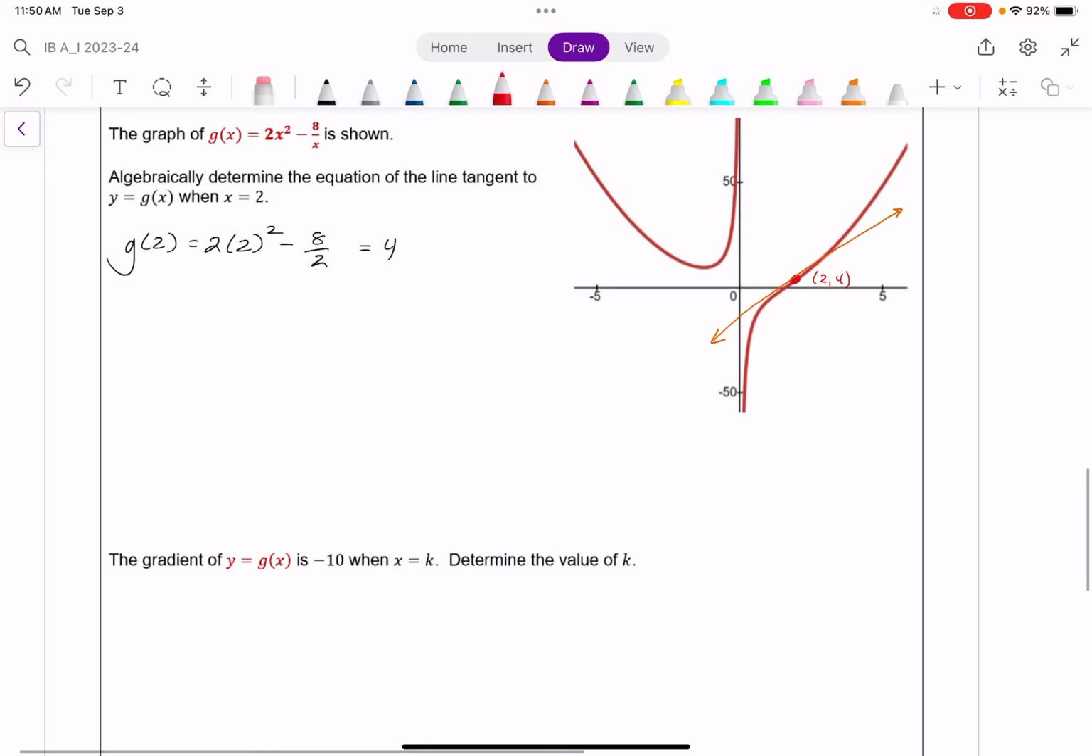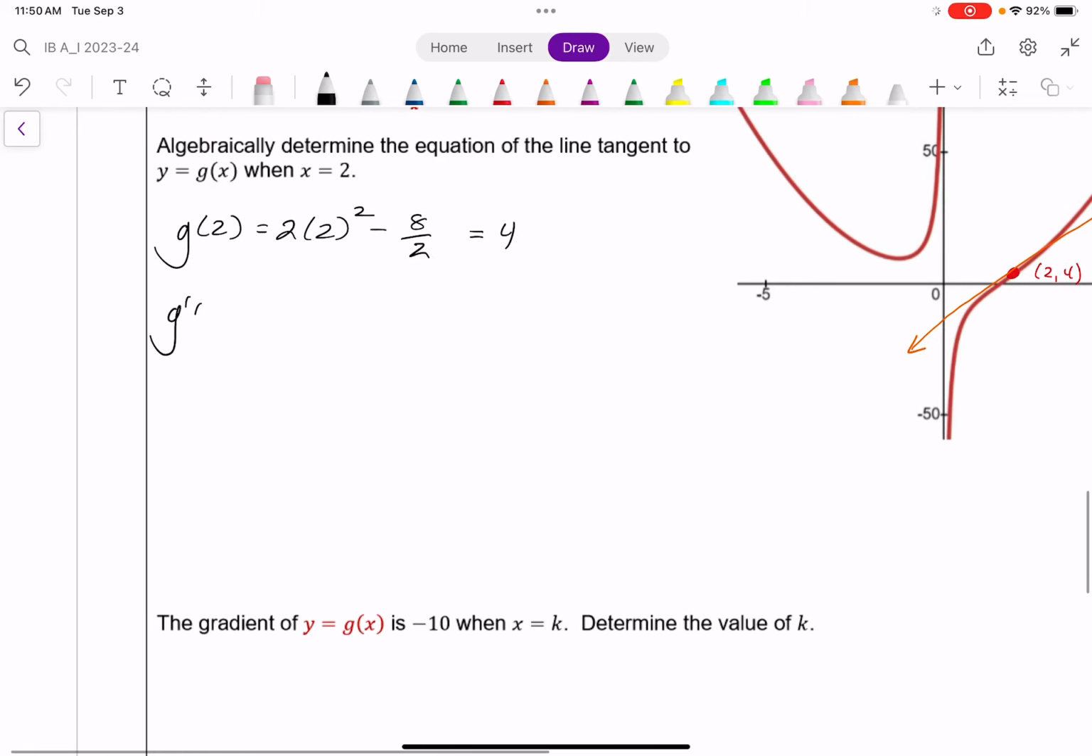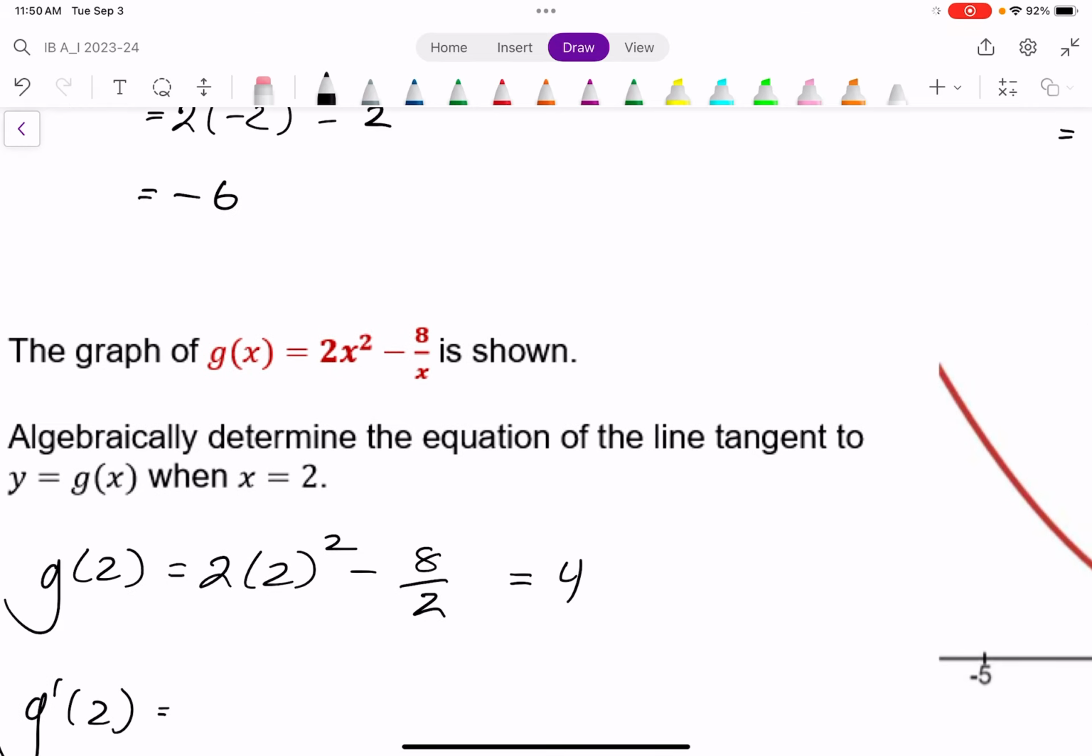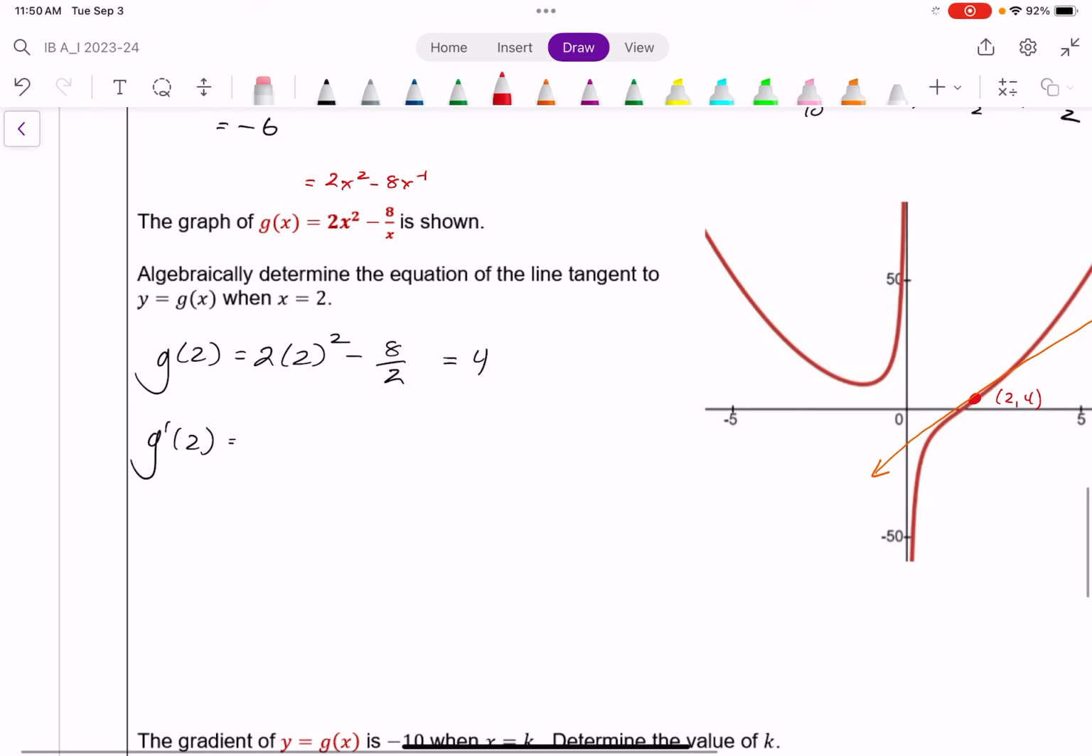All right, now I need the slope at that point. This is where my derivative comes into play. So I want to find g prime at 2, which again, looking at my function, I can use the power rule, especially if I first take g of x right here and write 8 over x as 8 times x to the negative 1. That makes it a little more helpful for me to get to the power rule right away. And so differentiating that,